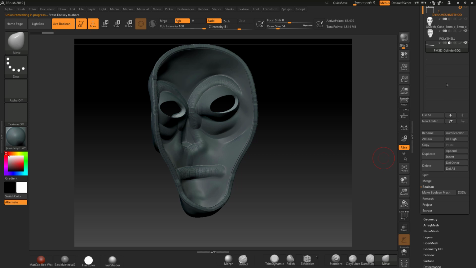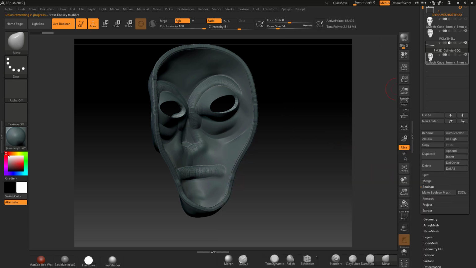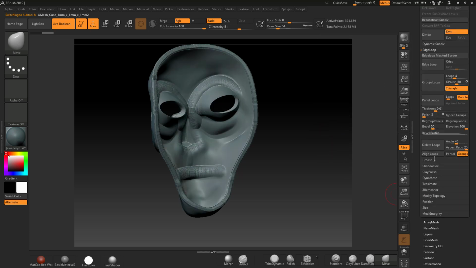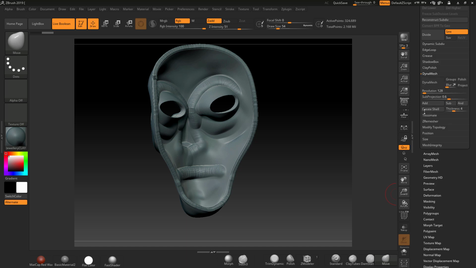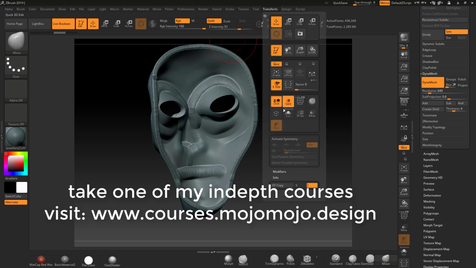So let's go and append that back in. There he is there. That's the new one. I'll turn these ones off. So once again come back into here. Dynamesh, make sure it's high enough resolution. Click the Dynamesh button. Come in here, turn symmetry back on,